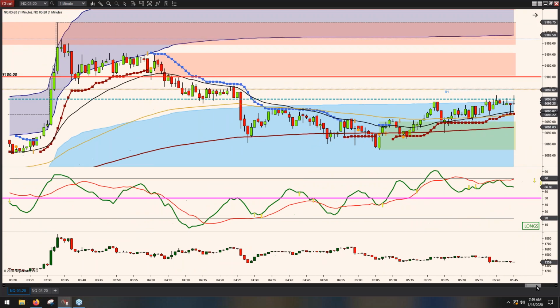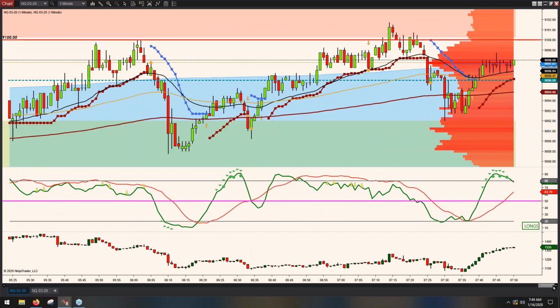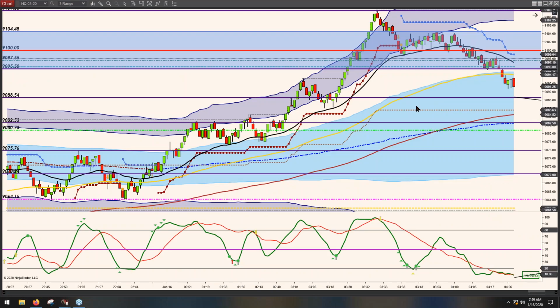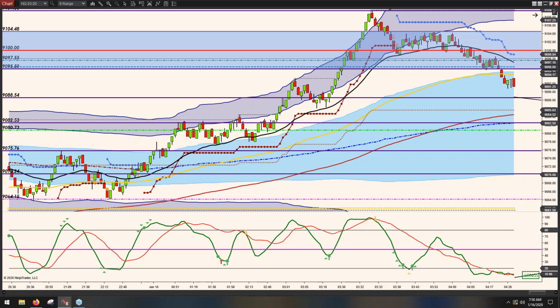So where it's also helpful is if you're looking to take a pullback. Let me look at the 8 range and see if I can find a pullback for you. All right, this is still pre-market. This is back on the 8 range on NQ, but good for this explanation anyway, example. So you can see price moving higher here. So let's say you're trying to find a way to get in a moving market, and you can see here, price is moving higher. And you can see price pulls back here,